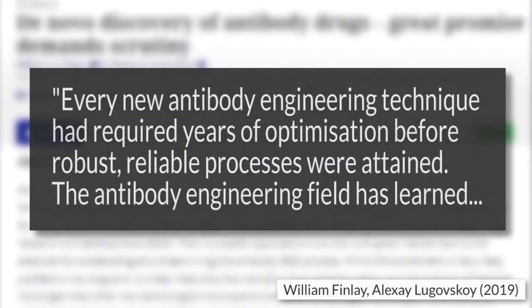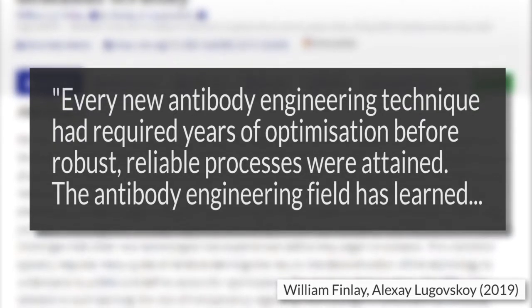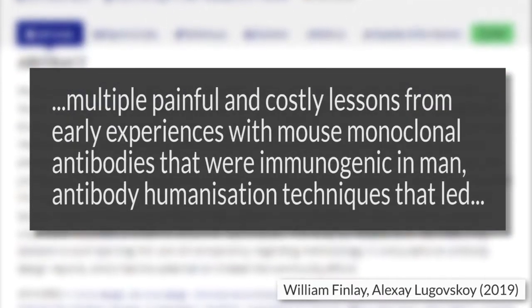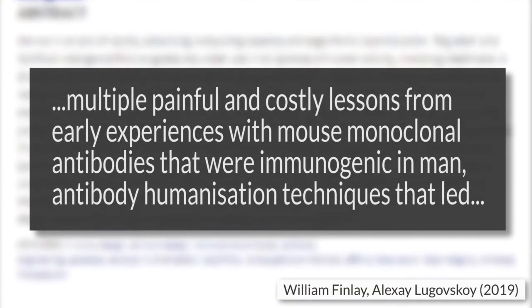In a critical review of a paper by Thara Karaman et al. describing the de novo design of antibodies to neutralize the H7N9 strain of influenza and the Zika virus, authors William Finley and Alexei Lugovskoy say, "Every new antibody engineering technique had required years of optimization before robust, reliable processes were attained. The antibody engineering field has learned multiple painful and costly lessons from early experiences with mouse monoclonal antibodies that